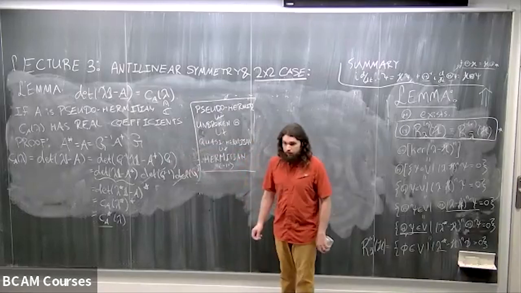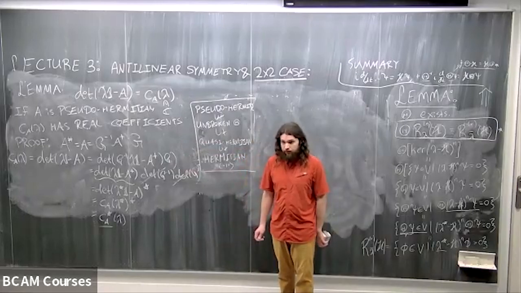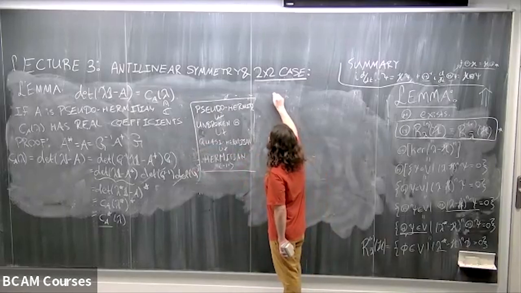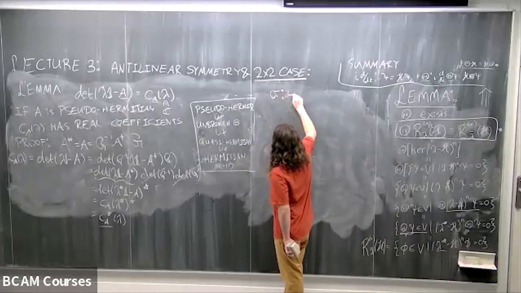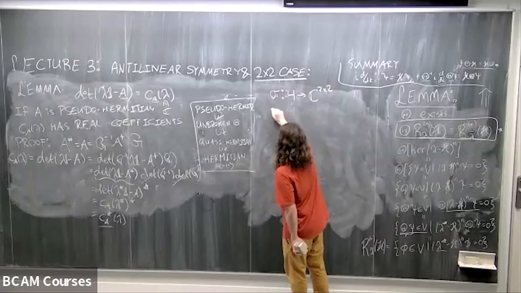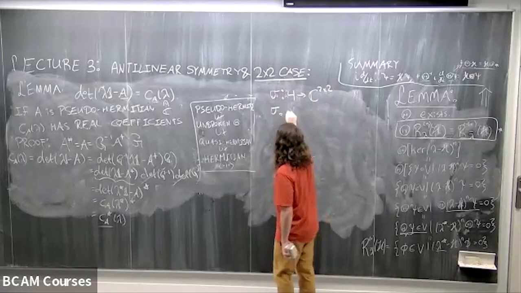So rather than working in, say, the canonical basis for 2x2 matrices, we're going to work in the Pauli basis. Okay, so what is the Pauli basis? The Pauli basis is given by this map, where I define